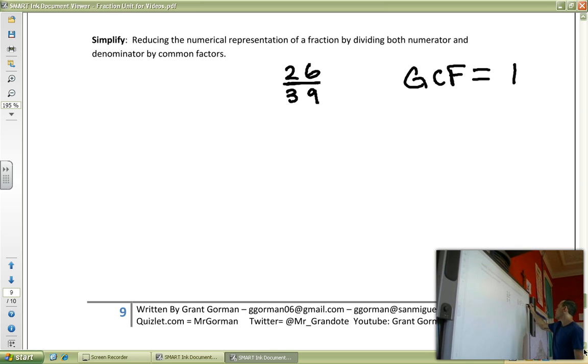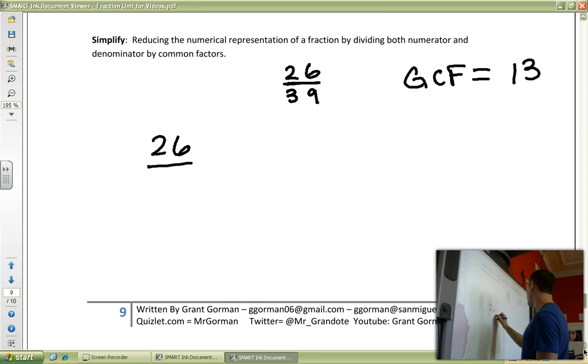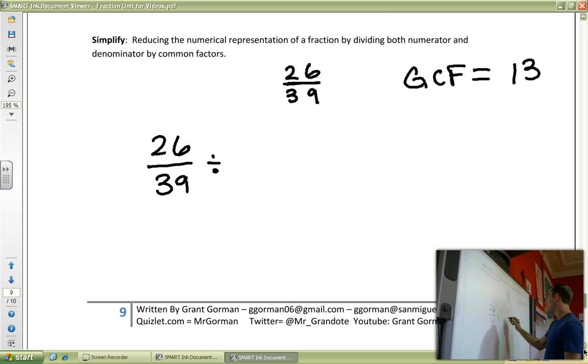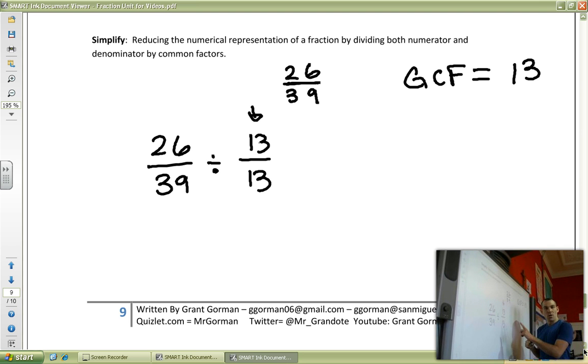I'm going to tell you right off the bat that the greatest common factor for these two numbers is 13. So all we're going to need to do is do 26 over 39. We're going to divide the top and bottom by 13 over 13. Because remember, any number on top of itself is 1. Okay? Anything multiplied or even divided by 1 is going to stay the same. So we're just getting a different numerical representation for an equivalent fraction, and we want it to be the smallest,